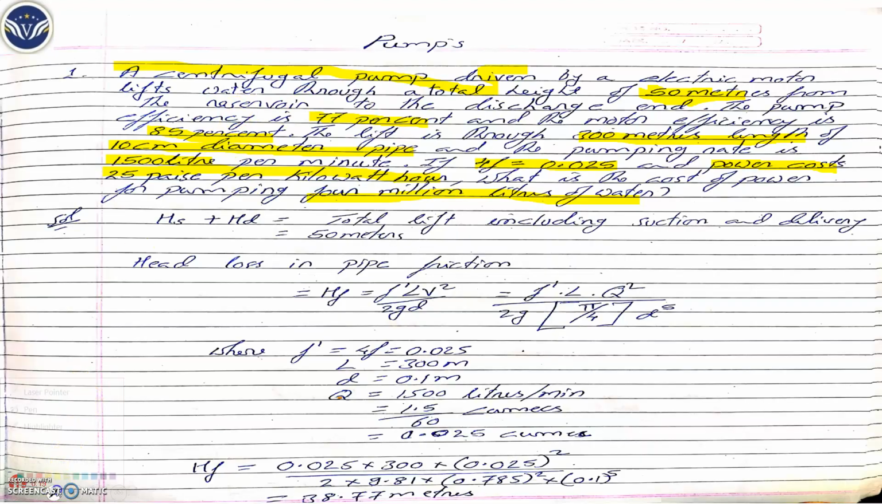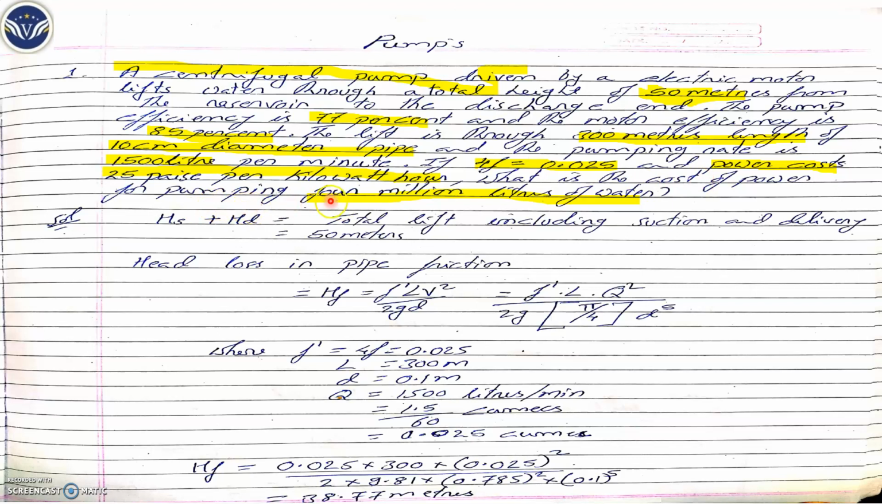In the problem, he has stated that a centrifugal pump which is being driven by an electrical motor lifts the water from a total height of 50 meters from the reservoir to discharge at the end. The pump efficiency is around 77% and the motor efficiency is around 85%. The lift is through a 300 meter length and a 10 centimeter diameter pipe, and the pumping rate is around 1500 liters per minute, and f' equals 0.025, and